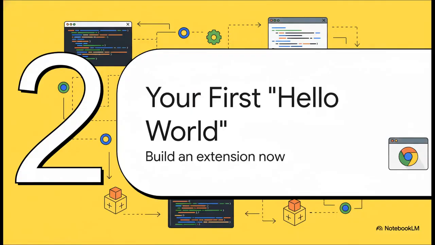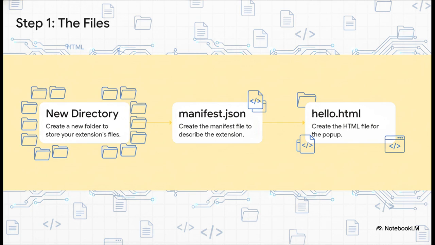All right, enough theory. Let's make this real. We're going to build a functioning extension right now. It is way easier than you think. Believe it or not, this is all you need to get started. Just an empty folder on your computer with 2 simple text files inside. The first one is that manifest blueprint we just talked about, and the second is just a basic HTML file